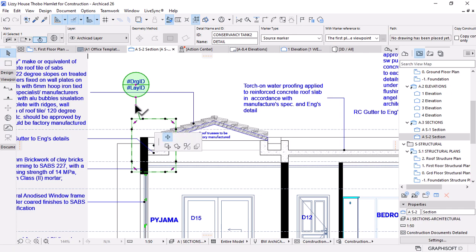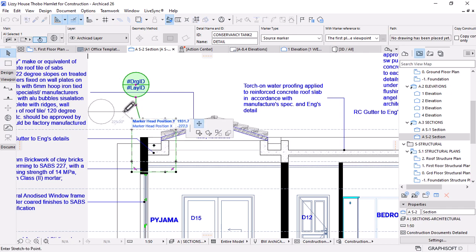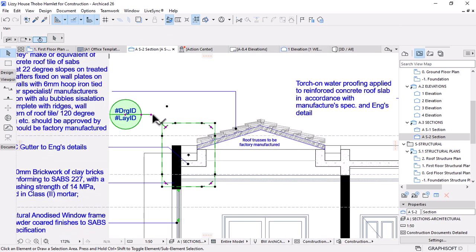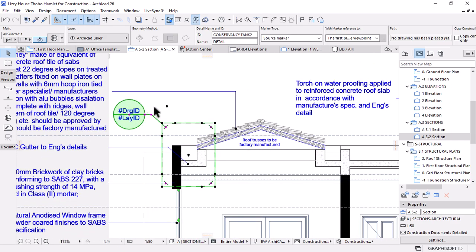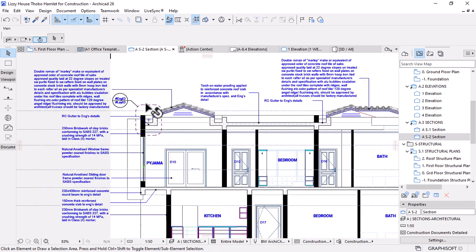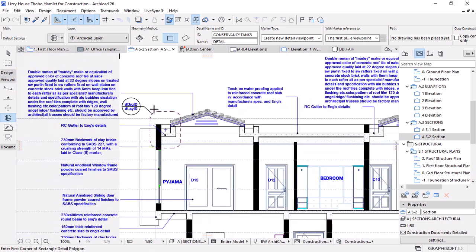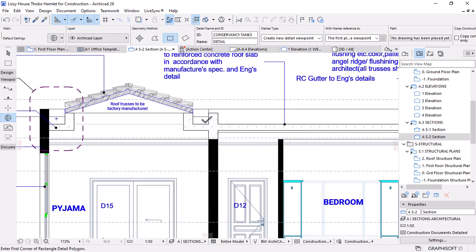Okay, let's move it somewhere here. And then let's have another one. It won't show anything because we haven't placed a drawing that will reference this, so don't worry about this coding. We have another one for